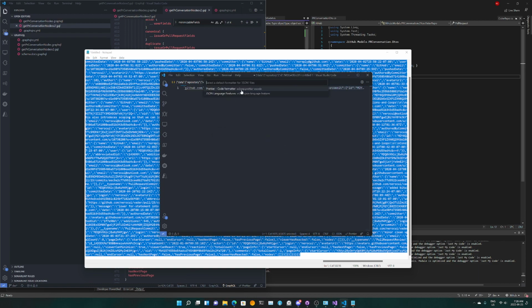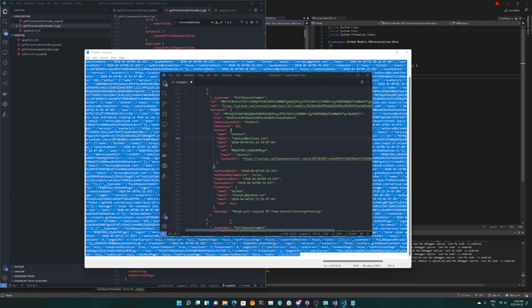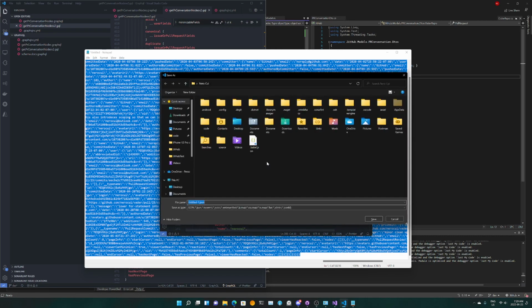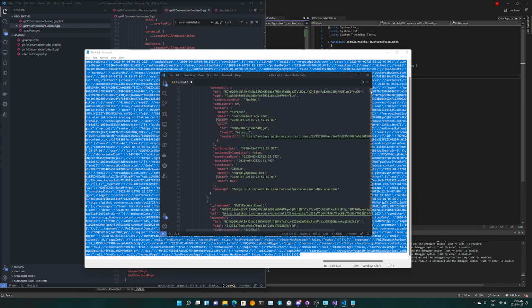Let's use Prettier. All right, so there it goes, been formatted. Let's not save it. I don't think currently we need to save it.